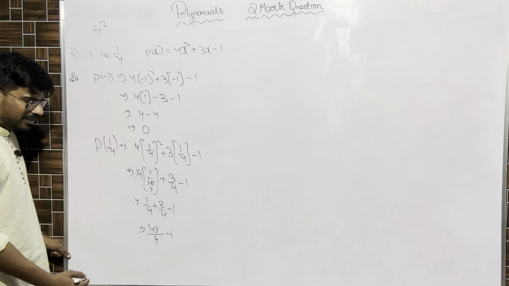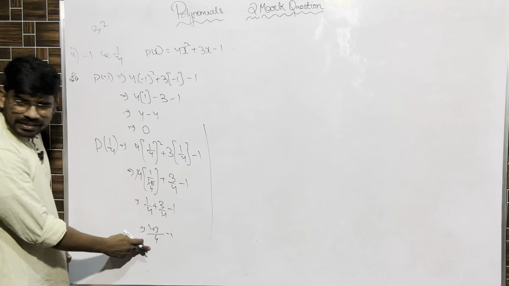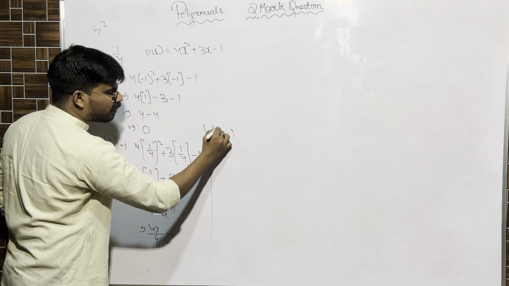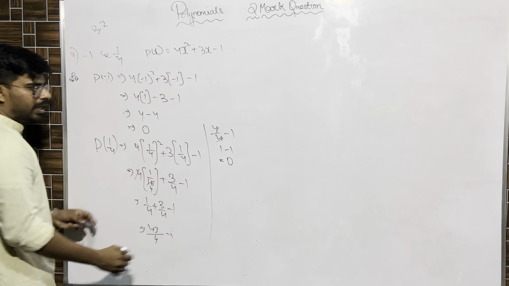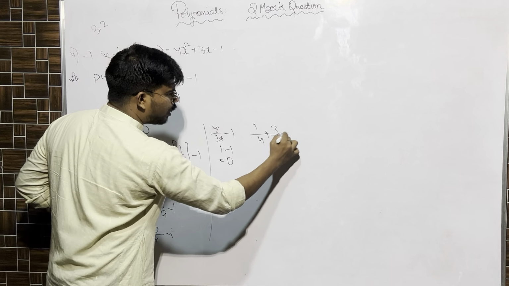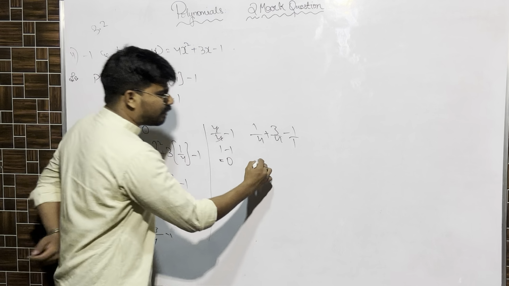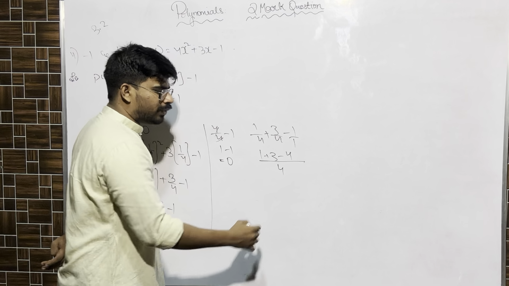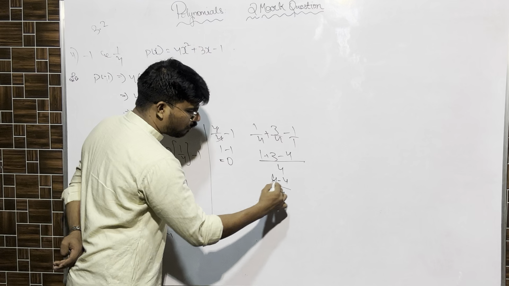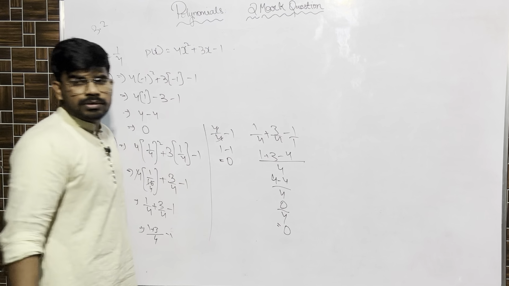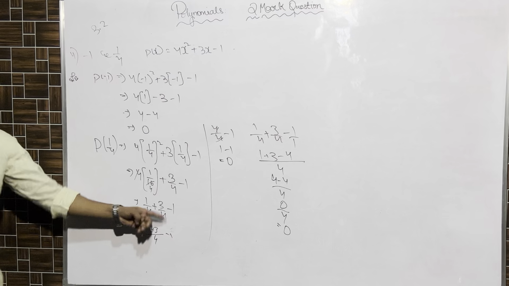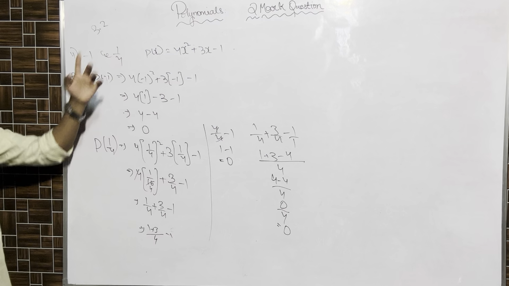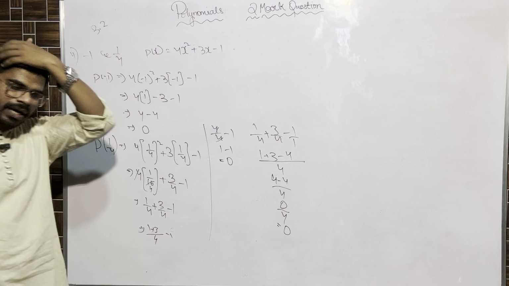Okay, I'll show that also. So if I take 4 as LCM, for this numerator, 1 plus 3 is nothing but 4. 4 by 4, 4 by 4 means 1. 1 minus 1 is 0. From here you see, 1 by 4 plus 3 by 4 minus 1. Take 4 as LCM. If I take 4 as LCM, 1 should be undisturbed, 3 should be undisturbed, minus 4. 1 plus 3 is 4. 4 minus 4 by 4. 4 minus 4 is 0. 0 by 4 is nothing but 0. You can solve either way. You can also cross multiply. A hell of a lot of methods are there. It's up to you to select the best one. So minus 1 and 1 by 4 are the zeros of the polynomial.